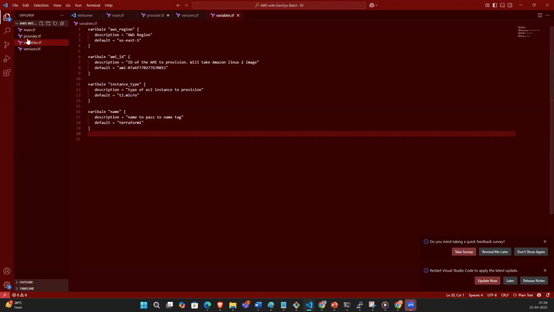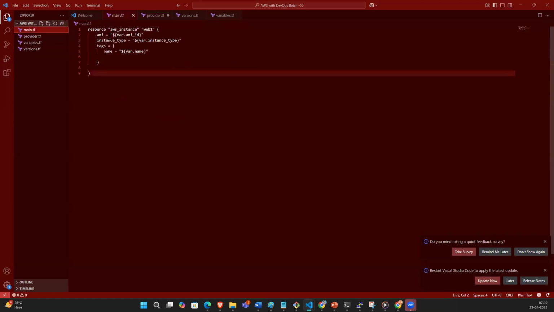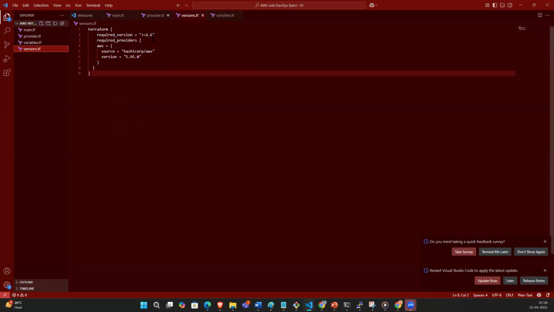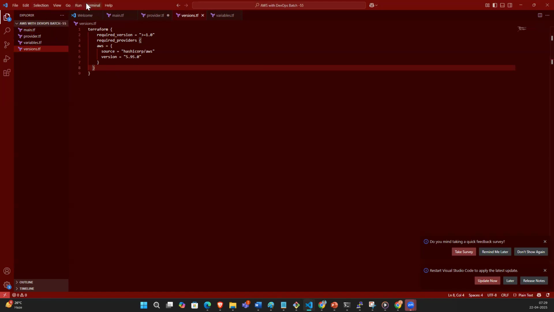So we declared all these variables. Main, so main AWS resource. If you want to add, you can add the ALB, EBS, everything. The provider, we provided which provider variables. So yeah, we defined the variables. Versions: the version is Terraform greater than 1.0. The required providers are HashiCorp 5.950. This is the provider for the AWS. Okay, provider version. Yeah. So go to terminal, new terminal,